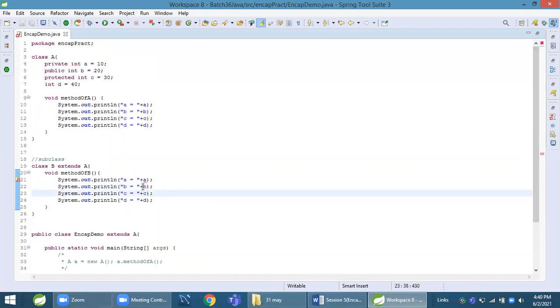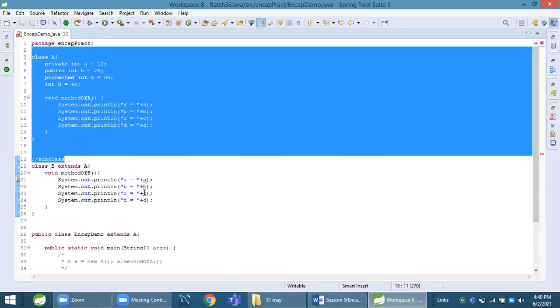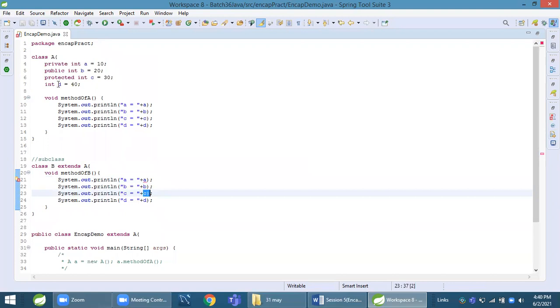I need to check this. This will be accessible everywhere. C and D. So C is a protected type that is accessible within same package. So we are in the same package, no problem. That will be accessible. D default. Default also within same package accessible. Yeah, no problem. So it's not showing error. Okay. Till now clear? Any doubt?